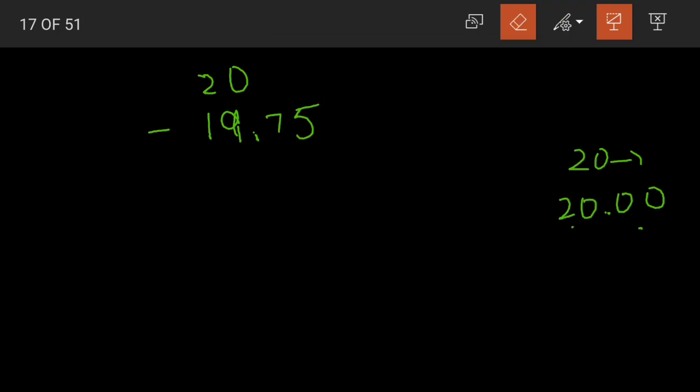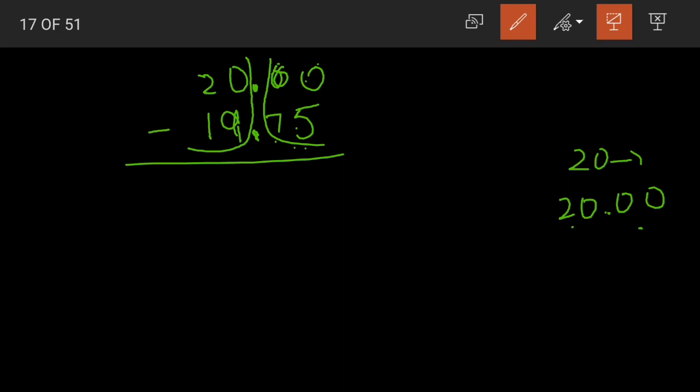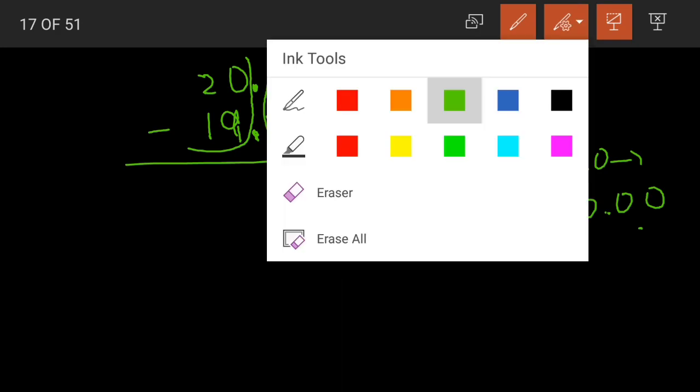See, children, if I do not write the paisa, 0 paisa, now how will you subtract this? There is nothing above from which I have to subtract 5 and 7. Yes, so that is why I am putting a point here and then writing 0, 0 paisa. Understood? Again, even here if you observe, both the decimal points are in the same place. These are the rupees, these are the paisa. Yes, we are not mixing them up with each other.